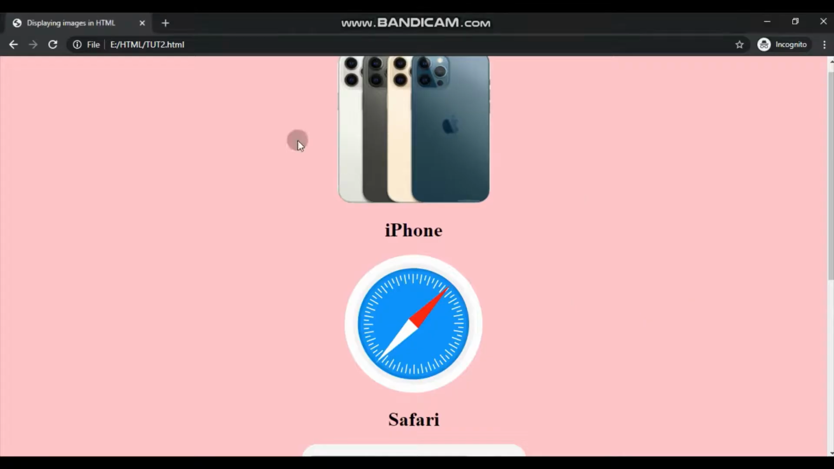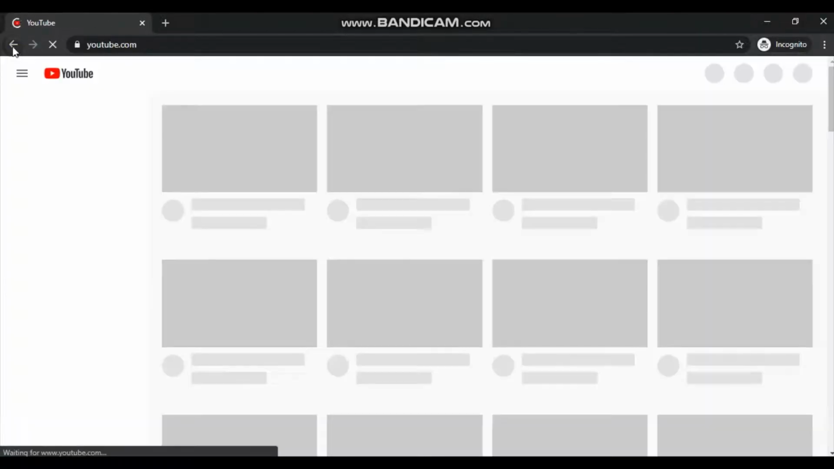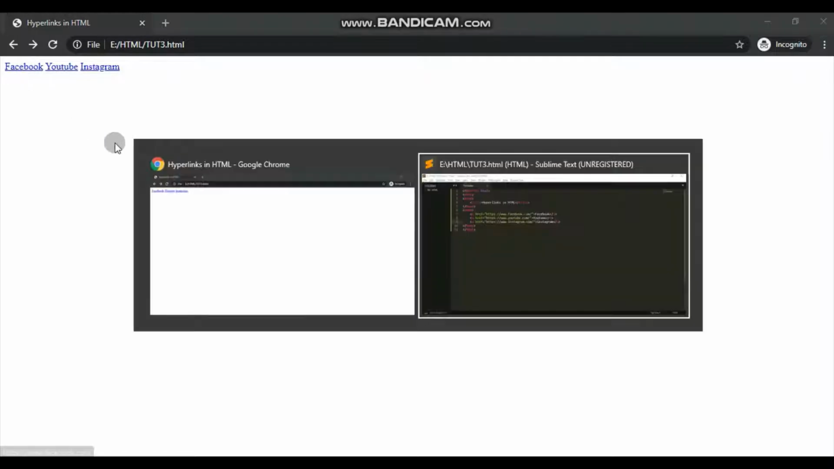Save it, see it in the page. Okay, I'll change the file name, tutorial 3. And the text is here. We have the link too. You click on this, it goes to Facebook, YouTube goes to YouTube, and Instagram goes to Instagram. Now it redirects the link in the same page, so the users might forget your site. For that,